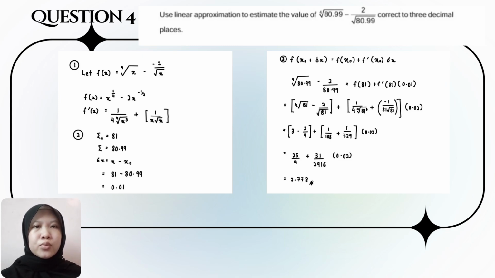For the last part, we use the linear approximation formula, which is f of x0 plus delta x equals f of x0 plus f prime x0 multiplied by delta x. And now we calculate each part. For the solution that I solved, we can get the final answer is